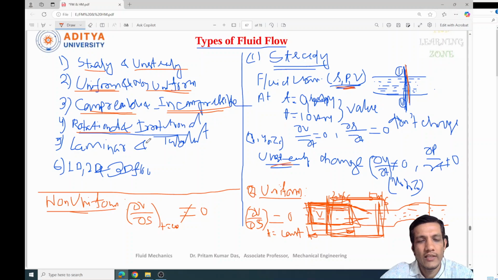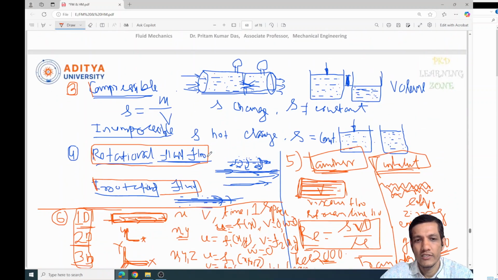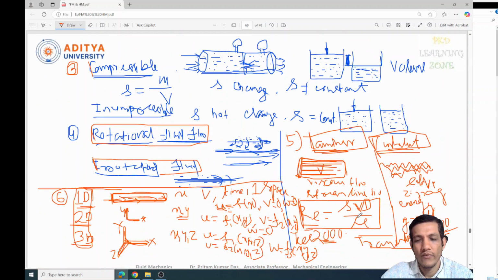Rotational: when the fluid is able to rotate about its own axis, then it is called rotational. And when the fluid particles are not able to rotate along the streamline or along the axis, then it is called irrotational. Laminar flow and turbulent, 1D, 2D, 3D, what we have discussed here. Based on the Reynolds number value, we can define laminar flow and turbulent flow. And these are the 1D, 2D, 3D. So I hope you understand how to remember these types of fluid